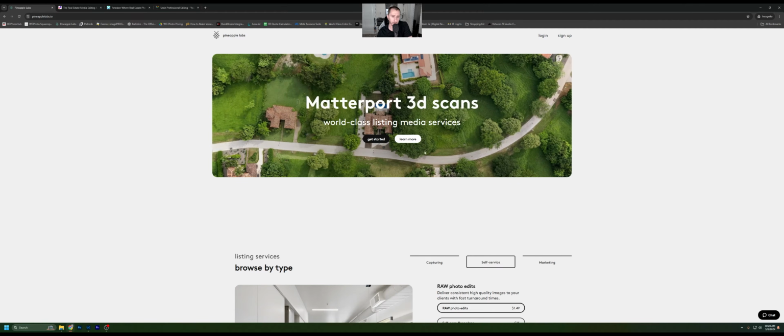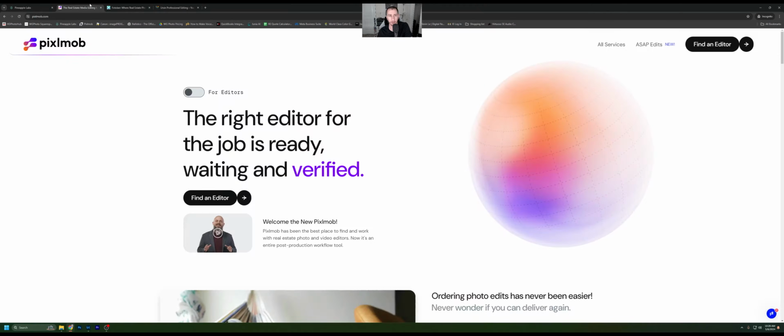But they're good. I would highly recommend them if you're looking to dip your toes in the water and see about editors. They're pretty good. I've had a couple issues with some of their shoots. I don't use them anymore because I want something higher quality. They're good, but they're not great. But I still think they're good enough if you're getting started, you don't want to spend a lot of money, and you want something that's good enough. Maybe they're good enough for you. Test them out. They're pretty good.